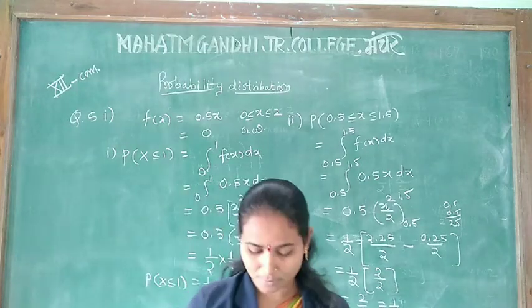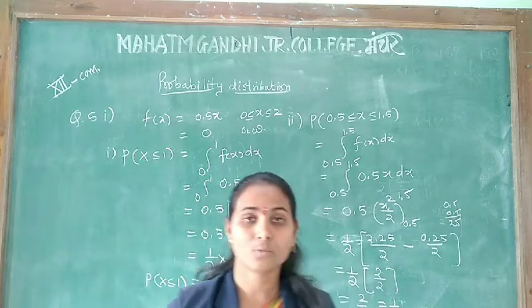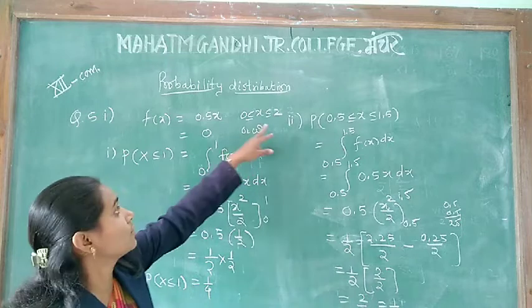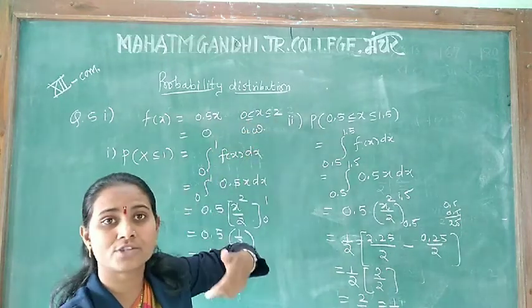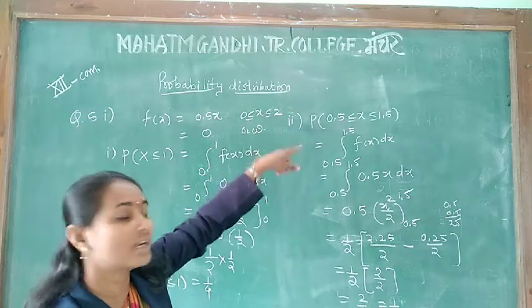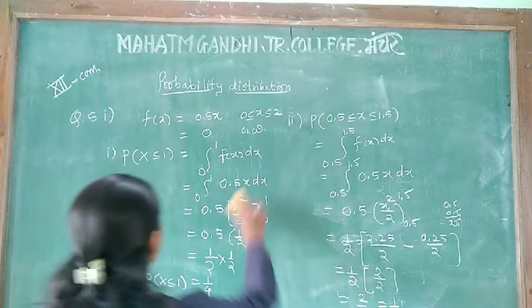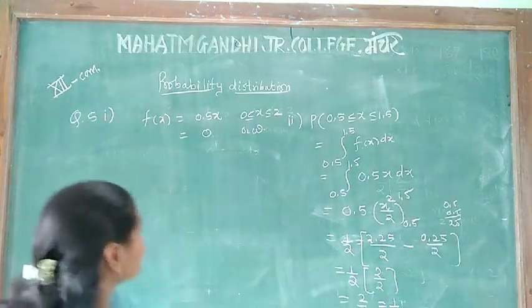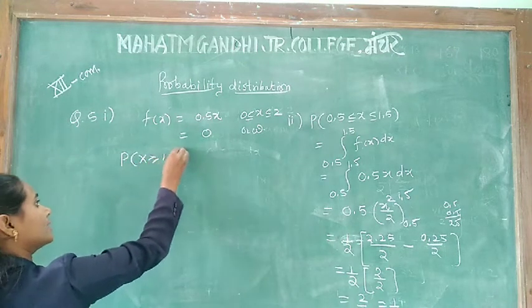Next, third question. Probability of x greater than or equal to 1.5. 1.5 पेक्षा मोठे असला पाहिजे. पण कुठपर्यंत असला पाहिजे? तुमचं सगळ्यात मोठा रेंज काय दिली? 0 to 2. पण x 1.5 पेक्षा मोठा आहे. पण शेवटचं लोअर लिमिट अपर लिमिट काय असणार आहे? तर तो 2 असेल. x greater than or equal to 1.5. Third, p of x greater than 1.5.